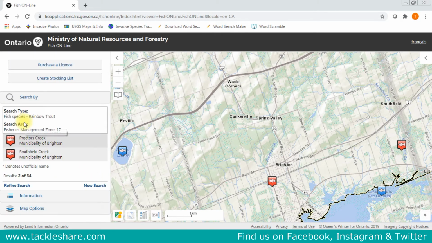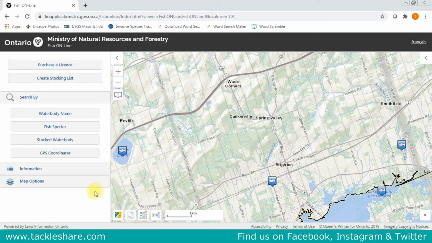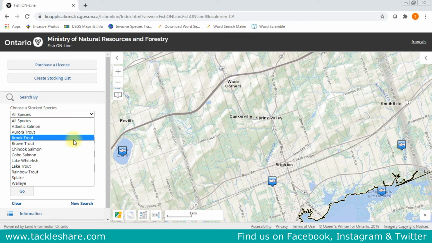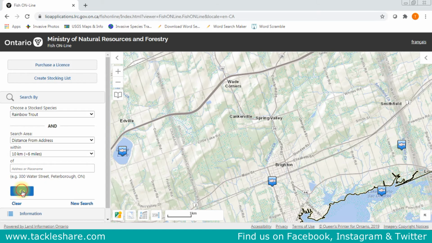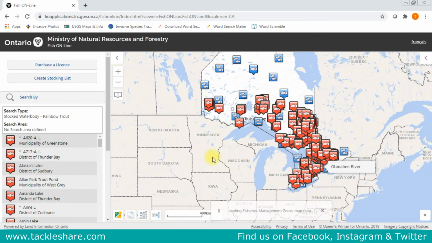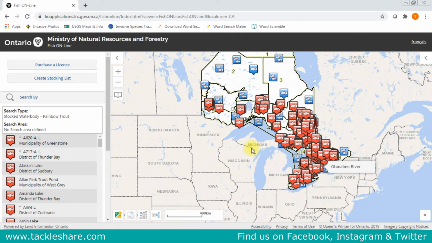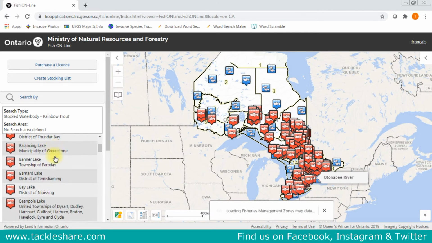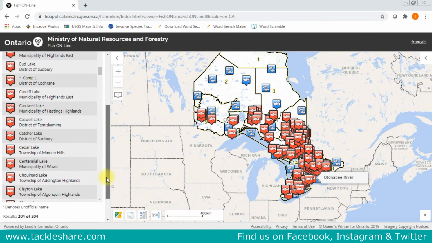We can return back to our search results, hit new search, and we're ready to search for stocked water body. Okay, so searching by stocked water body allows you to pick a species. So let's go with our rainbow trout again, and let's just press go, see what comes up. Okay, so here are all the water bodies that the MNRF stocks with rainbow trout. So again, it may look overwhelming, so you can scroll through on the left here, or you can go back,